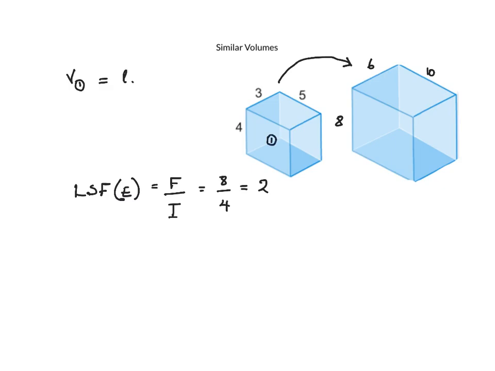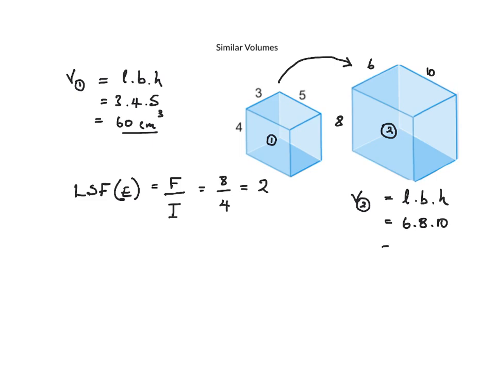So volume is LBH, and that's 3 times 4 times 5. That's 12 times 5 is 60 units cubed. Let's just say 60 centimetres cubed. Now the volume of 2, this is shape 2 here, and again it's length times breadth times height. So it's 6 times 8 times 10. 6 8s are 48 times 10 is 480